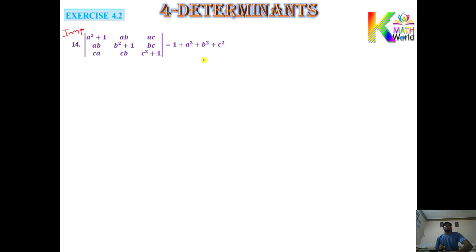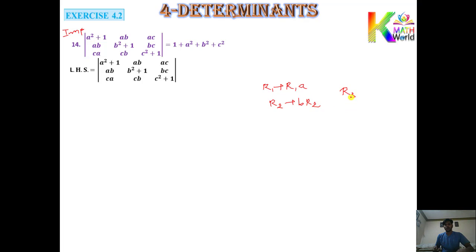Okay, so to set b square, a square and c square here, firstly we will multiply the first row by a, the second row by b, and the last row by c. So what will happen? See that firstly. Okay, this is your left hand side. Firstly we will multiply the first row by a. It means on R1 you can perform AR1 operation. On R2 you can perform which operation? BR2. Same way on R3 you can perform operation CR3.